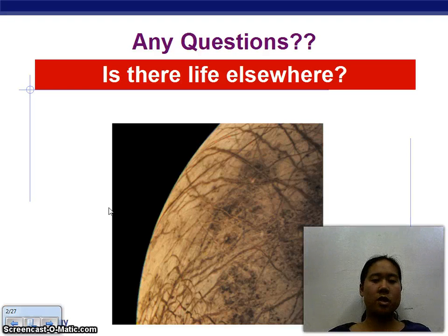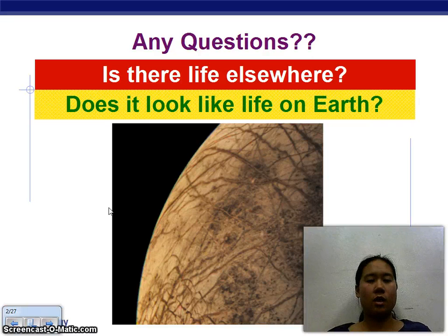And people always wonder, is there life elsewhere? A question for another topic, another class. There are actually biology classes on astrobiology, on whether there's life on other planets, and whether or not that life is like ours on Earth. So for right now, I believe there's found arsenic-based life as opposed to carbon-based.